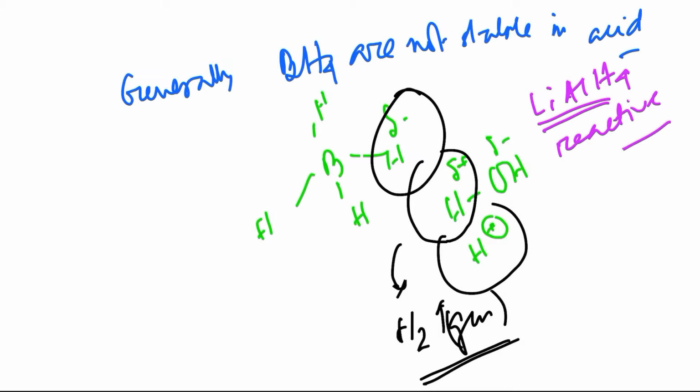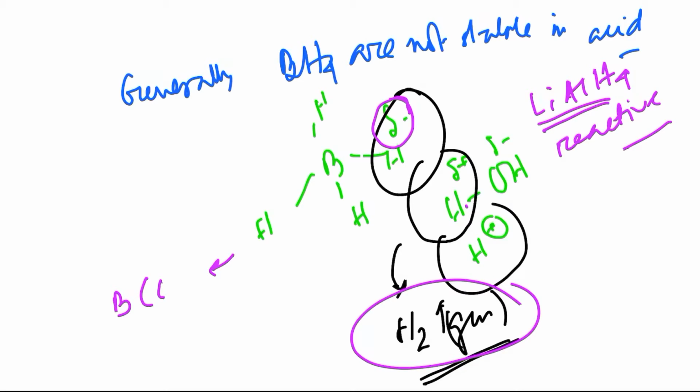Another thing, the higher negative charge density on this hydride makes it more reactive for this purpose. So if we can reduce the negative charge density on hydride, we can expect that this reaction, means the reaction of delta minus hydrogen and delta plus hydrogen to produce hydrogen gas, will be less, means the rate of reaction will be less, means less reactive with water. And how can this happen? If you convert this borohydride into cyanoborohydride. What do I mean? If you attach three cyano groups with this and keep one hydride.